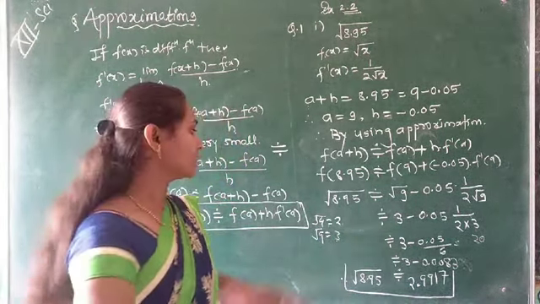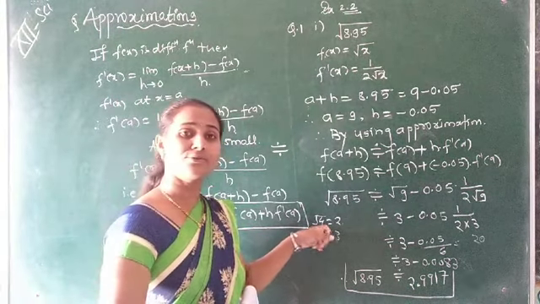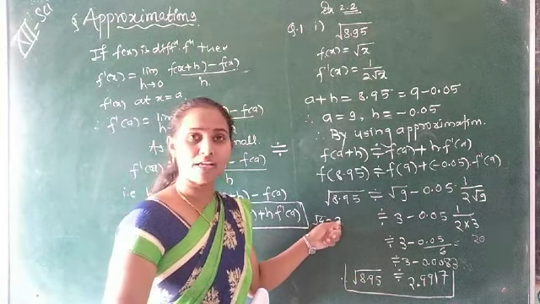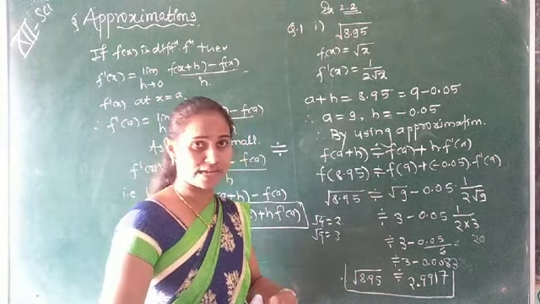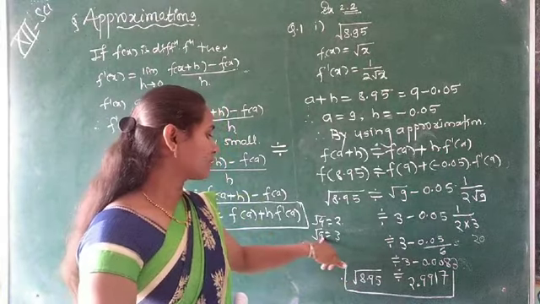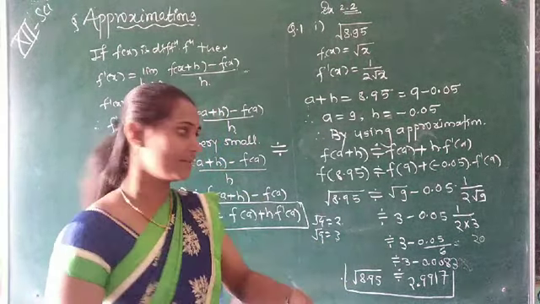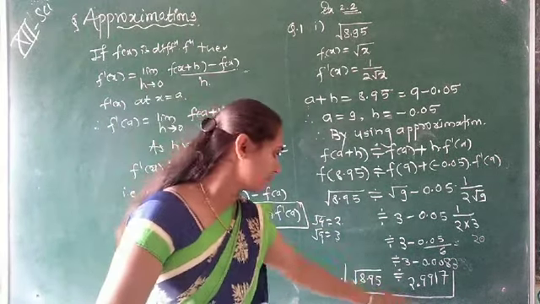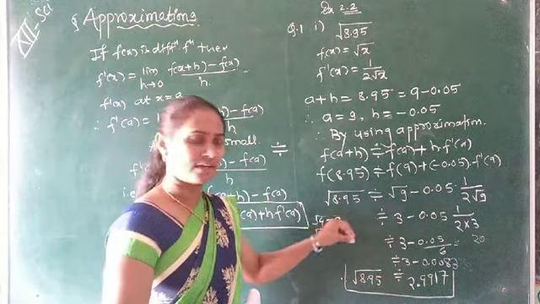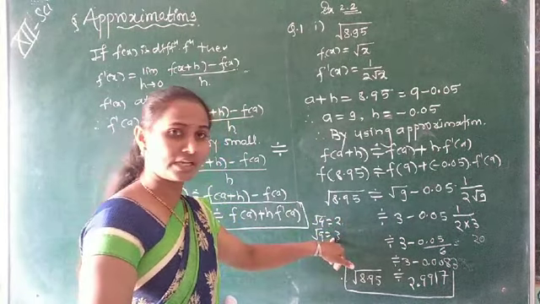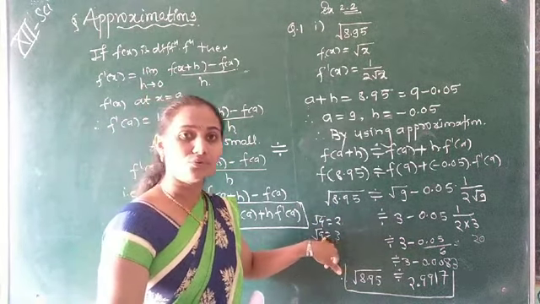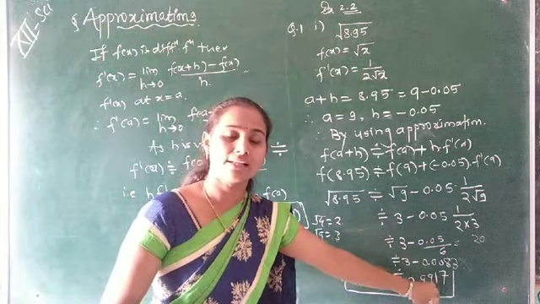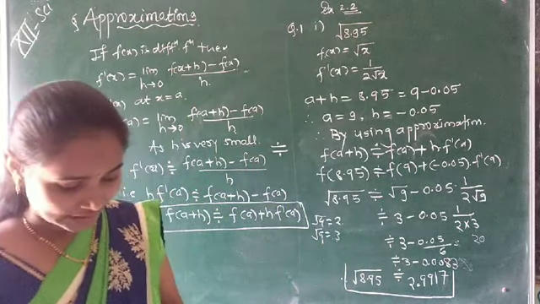That means the value root 8 lies between this root 4 and root 9, since the value of root 8 is 2 point something, because this is less than root 9. If it is greater than root 9, then it is in terms of 3, but it is less than root 9, since the value is in terms of 2 point something. So root of 8.95 is approximate to 3. This is approximate to the root 9, since the value we get is near equal to the value of 3. Now see the next question.